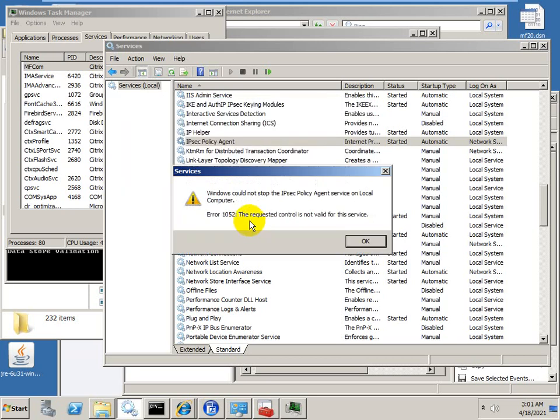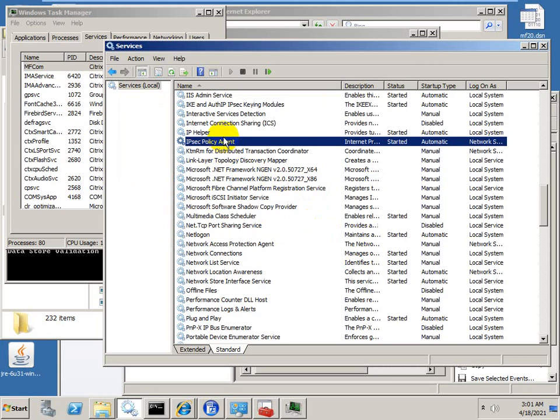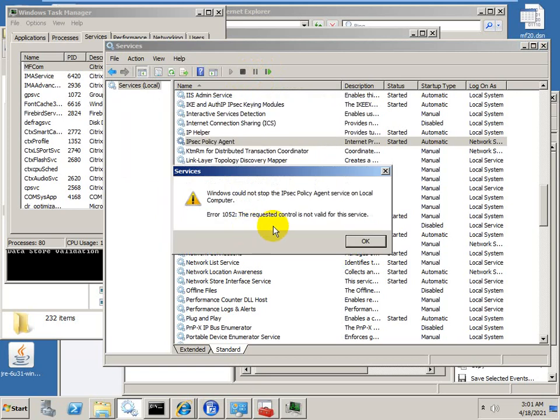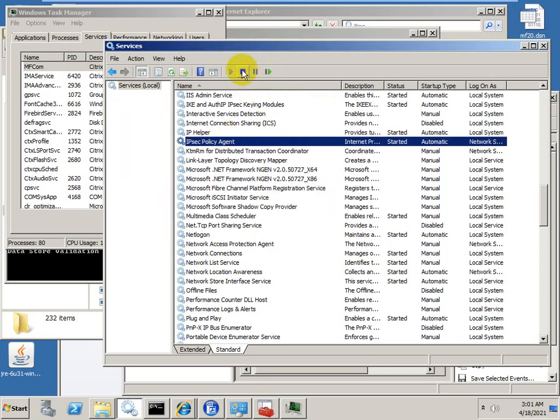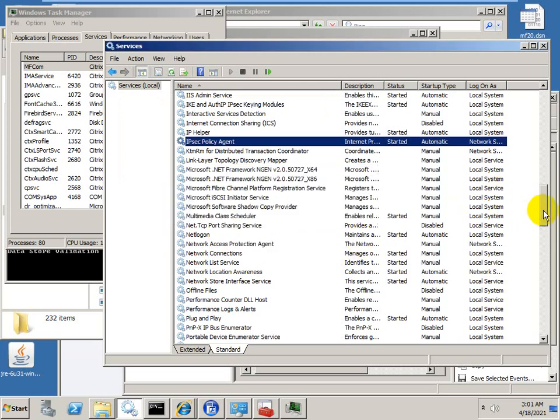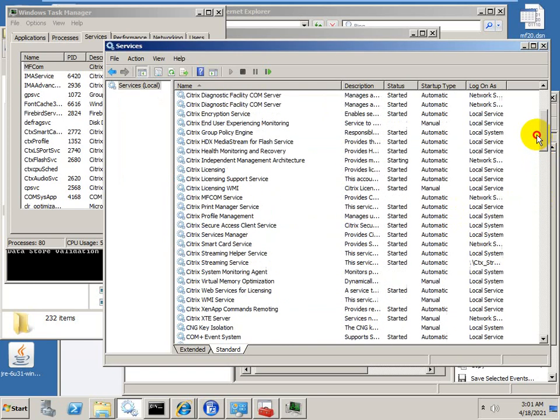Citrix Independent Management Architecture, could not stop on local computer. Independent management of Citrix. Okay. Because IMA is not running right now.